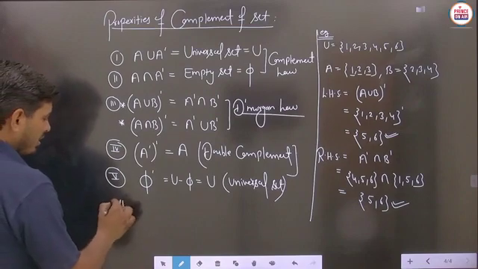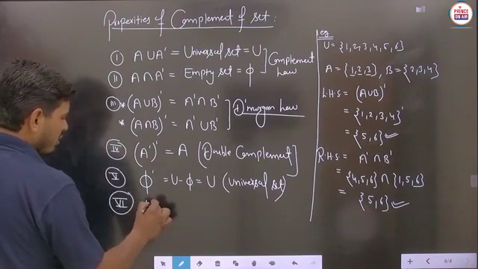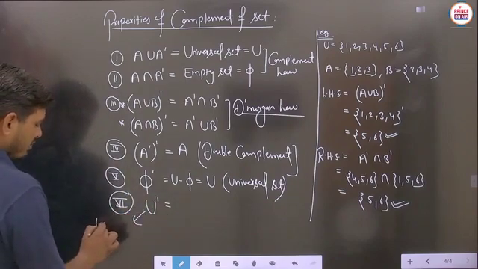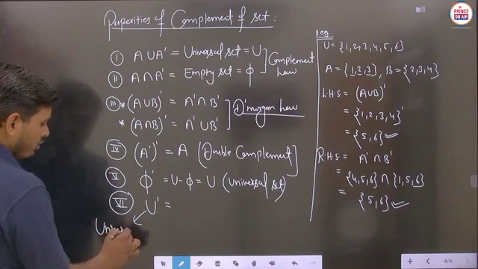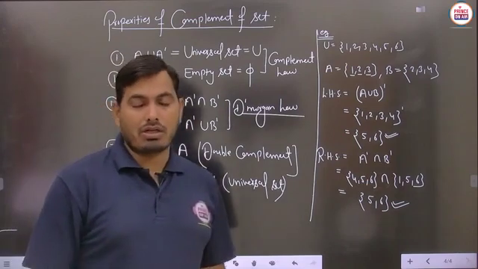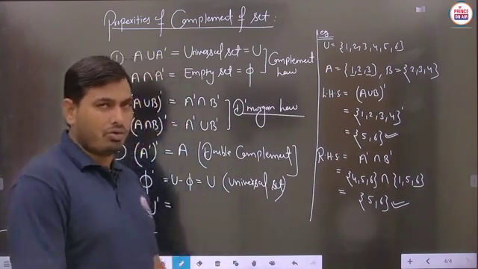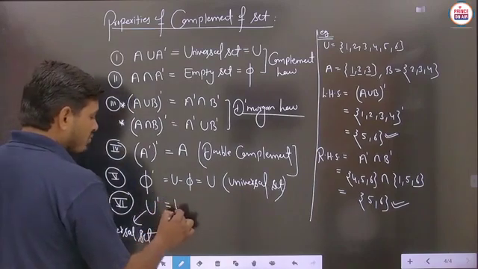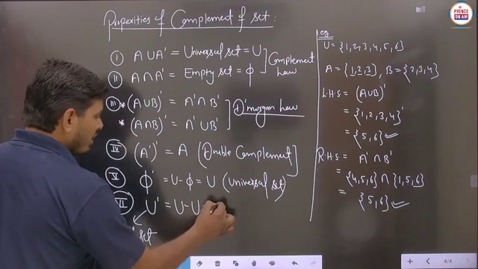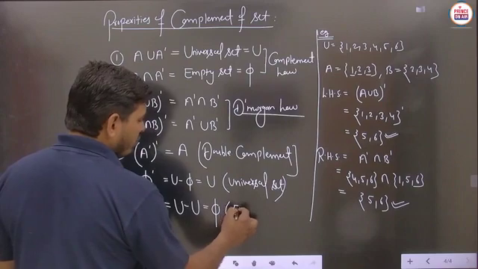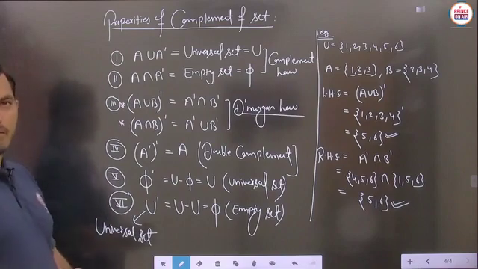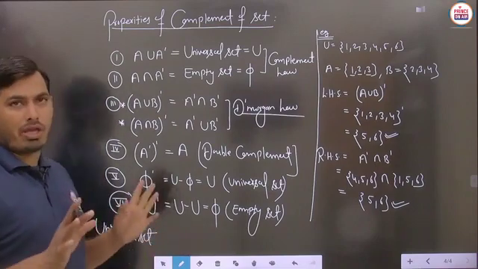Next, the sixth property we have to take. Suppose we take the U dash, and here this U is known as the universal set. So what should be the answer in the case of U dash? Basically, students, if the complementary part of this U dash is to be written, then it is subtracted from itself, and U minus U means you get the answer as phi, and phi is always the empty set. Is it clear? So each and every property, students, you have to keep in mind.